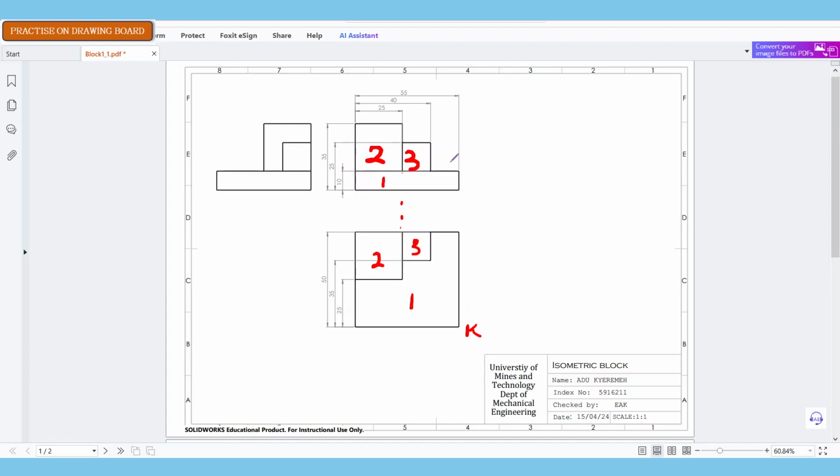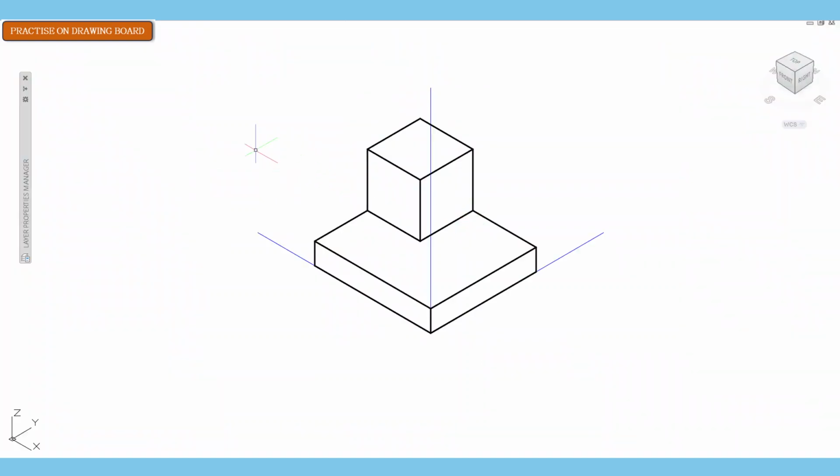Okay, so if you look at the sector 3, you'd see that it has on the plan the dimensions of 15. A very simple calculation would tell you that this distance here is 15, that is 50 minus 35, and then on the front view, we can tell that this distance here is 40 minus 25, which is also 15. And then on the front view, we also now know that the height here is 15. So here we have our work, and we use the same technique. So on the plan,